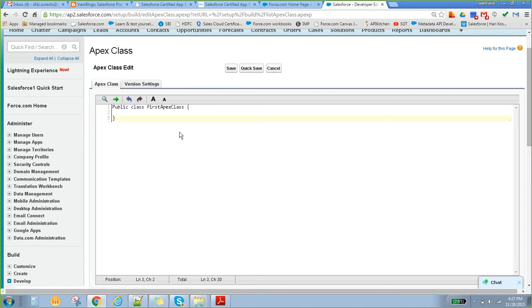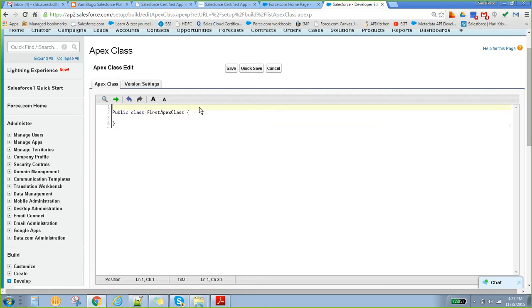This is nothing but a simple class. We are not discussing anything about this specifically. This is how we are writing classes. This is an access specifier; we'll talk about it a little later. This is a class, a reserved keyword which tells the compiler that this is a class. This is the class name.